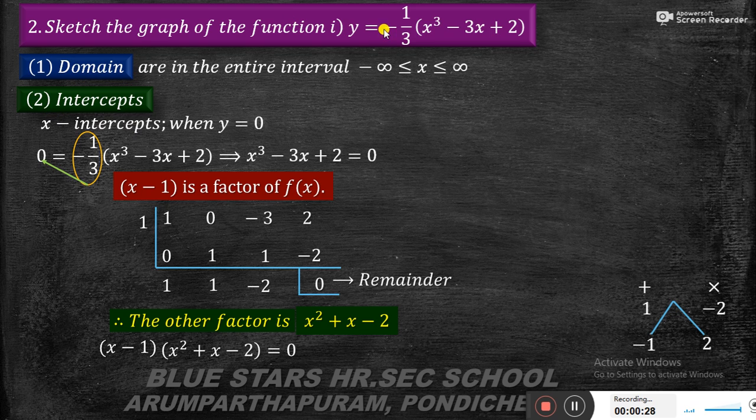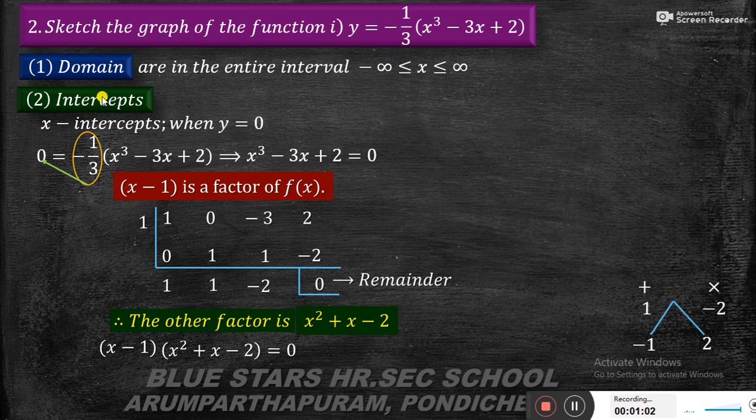This is the function y equal to minus 1 by 3 x cube minus 3x plus 2. The domain is the entire interval, minus infinity comma plus infinity, because you see here in this function there is no denominator. Suppose there is a denominator, we just leave out those particular numbers. After that we consider the real numbers. So here, with no denominator, we consider all real numbers, that means minus infinity comma plus infinity. Therefore the domain is the entire interval, minus infinity less than or equal to x less than or equal